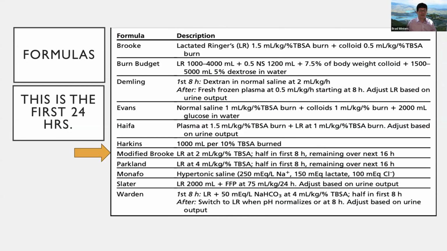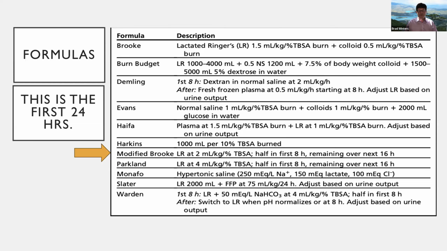You can have a 50% burn, which is almost 100% deep, or it could be a 50% burn that is only 10% deep. That, as you can imagine, is going to lead you to modify how much fluid you're going to give. But unfortunately, with the formulas, there's no numeric calculation that you can do. It comes back again to your clinical acumen. If I've got a high percentage of deep burn wounds, I'm probably going to have to err on the higher end of the scale.